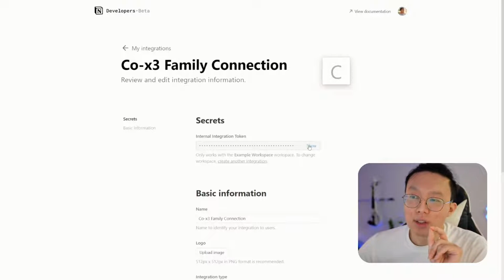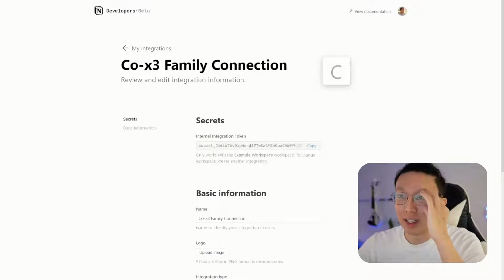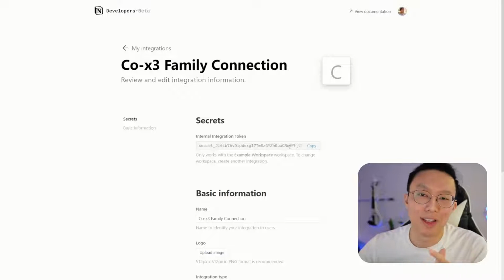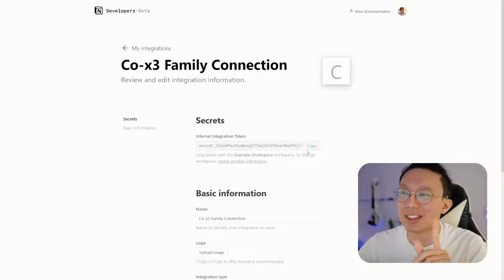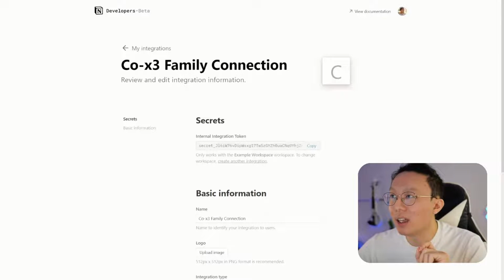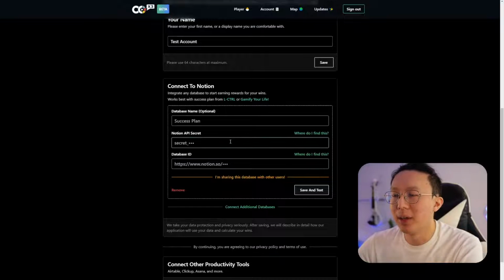So what we want to do is get this integration token. Again, normally, don't let anyone see this. For me, I'm just showing off in this live stream, so I don't mind if it's public, but you want to keep this secret between you and the app, because if anybody has access to this, they can read and write to your database. So I'm warning you in advance, don't let anyone see this unless you're directly putting it into the app. I'm going to copy this, okay? And then I'm going to go back to the app and paste this in.